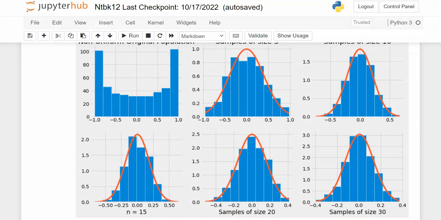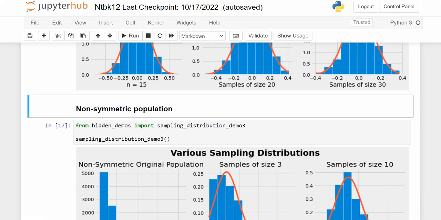Why is that important to us? Well, that's a great thing because it makes statistics work. We'll talk more about that in just a second. Okay, so